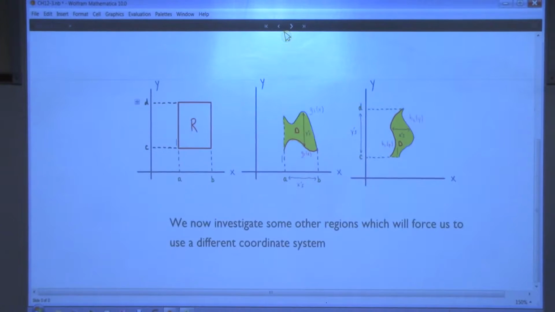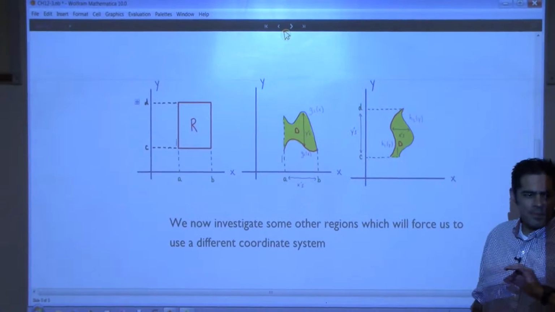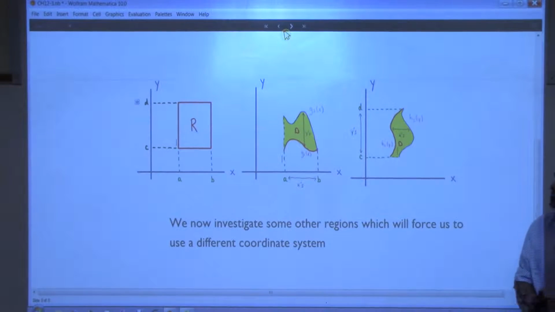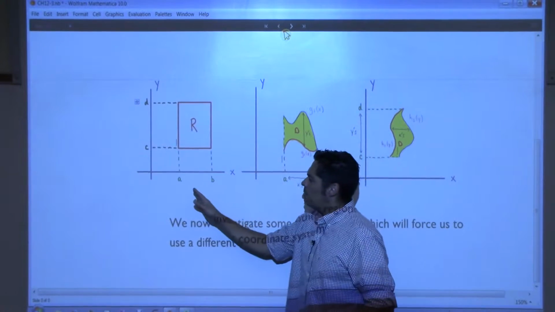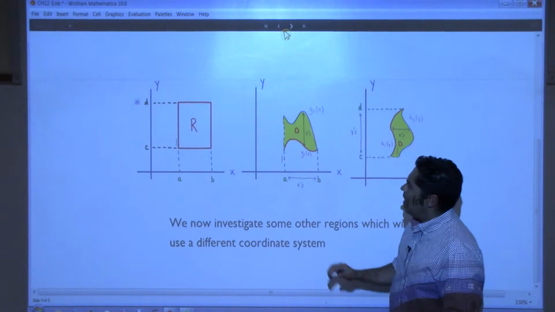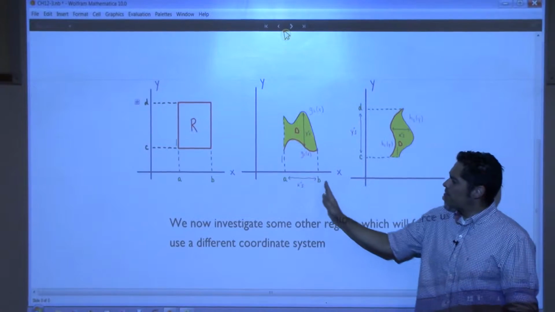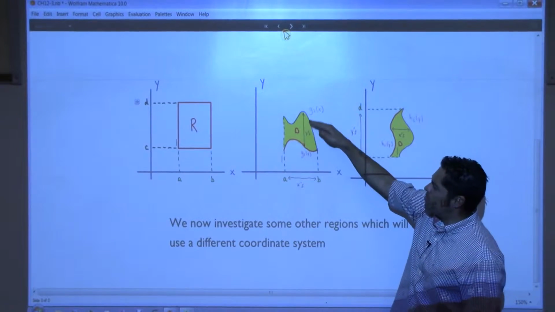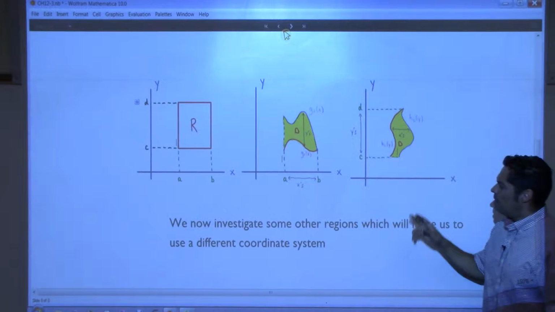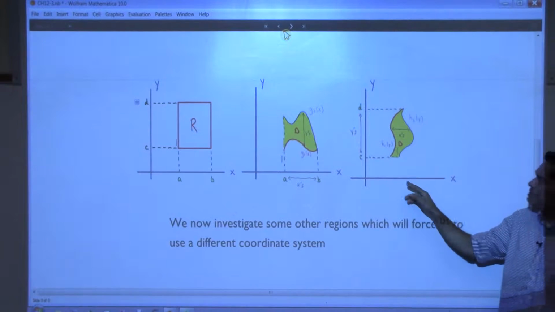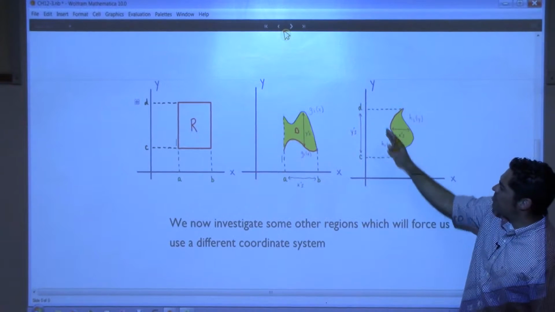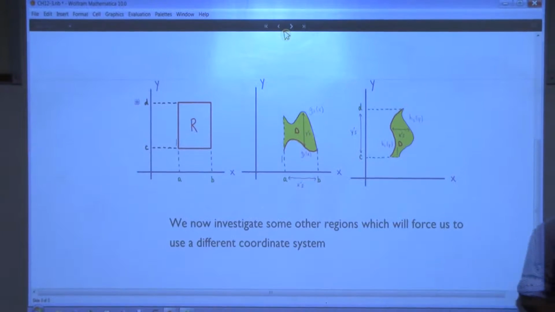So right now we have talked about double integrals over 3 types of different shapes when it comes to the domain. We first started with the double integral over a rectangle. Then we had this type 1 region where our x's were bound between 2 constants and our y's were bound between 2 functions of x. Then we did a type 2 region, where our y's were bounded between 2 constants and our x's were bounded between 2 functions of y. Right? So that's what we have done. And now we are going to look at some more interesting regions that we can't easily describe using